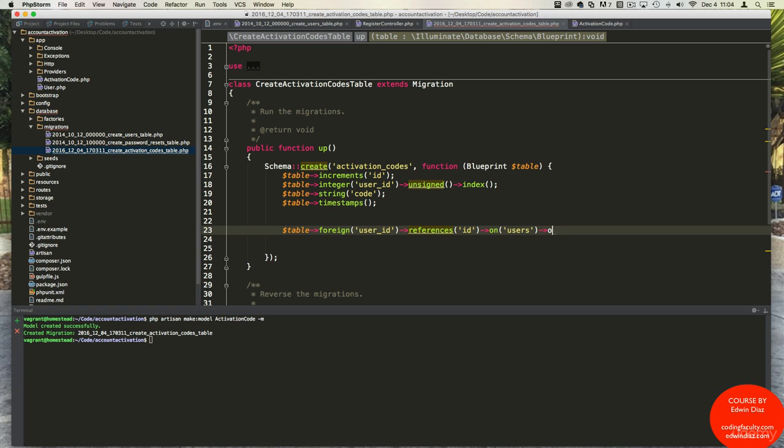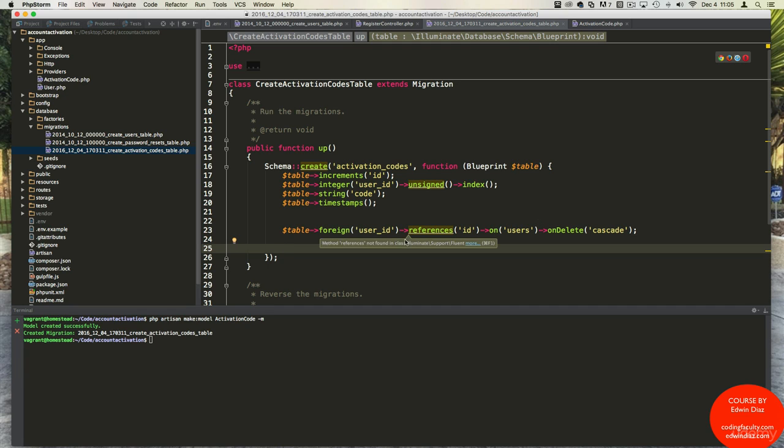On delete, it's going to cascade down and delete this one as well. They have on update and so on, and you're going to see that in really cool packages. But anyway, this should be working. If you have any type of error, that means you have some syntax error somewhere. So let's go ahead and run php